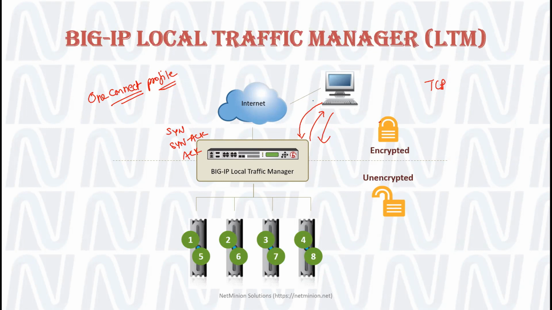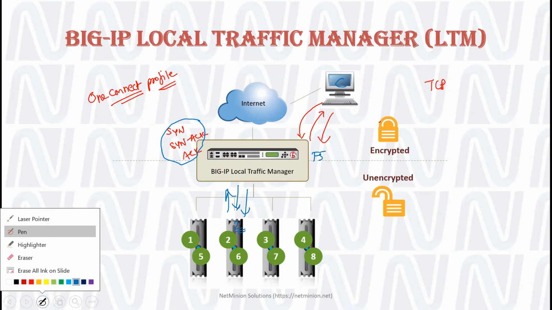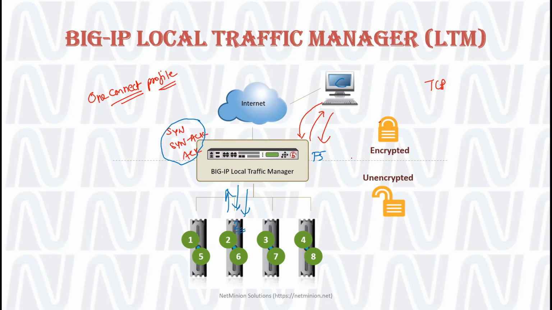So what I was mentioning is that whenever your TCP traffic comes, let us say this is the client, and from the client it's coming to the F5. How will traffic come from client to F5? There would be a TCP handshake. Similarly, the TCP handshake will happen over here also. Let us say server 2 is getting chosen. So from F5 to server 2 also a TCP handshake would be there, so here would be your SYN and ACK.